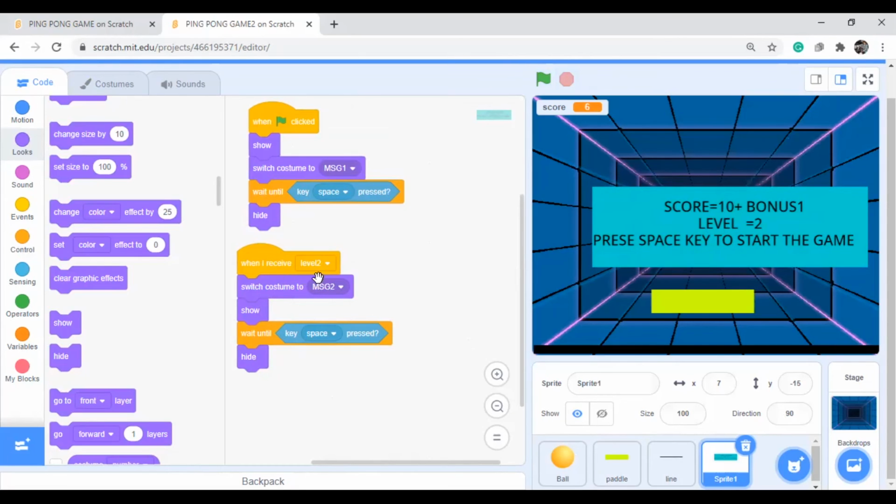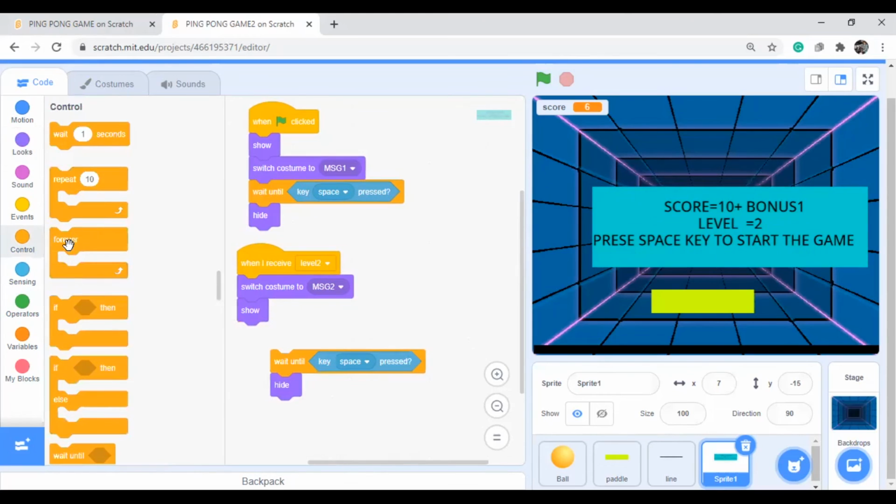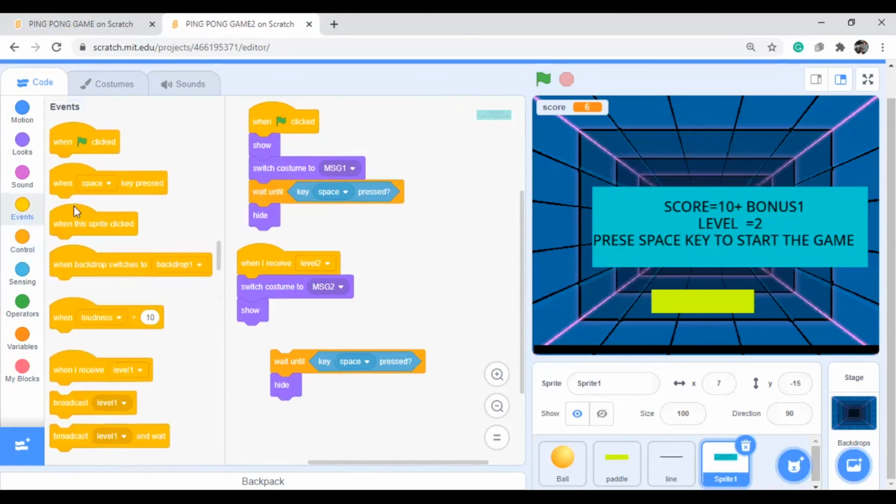So that's why what we do: when I receive the level 2, switch to costume message 2, show. Then after that, here separately you can write it: when space key is pressed, hide.